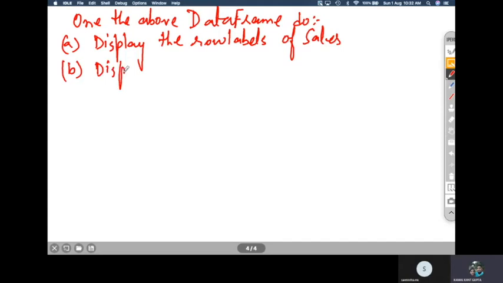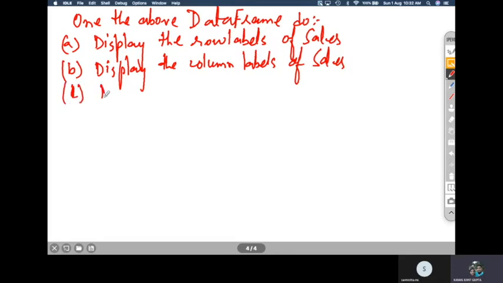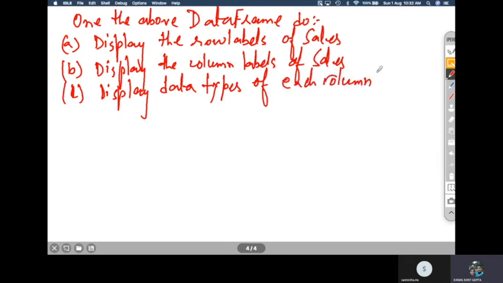And then your next question is B, display the column labels of sales. C is, next question, display data types of each column of sales. So let us do these three questions first on that particular data frame, and then we will move on to the next three questions.